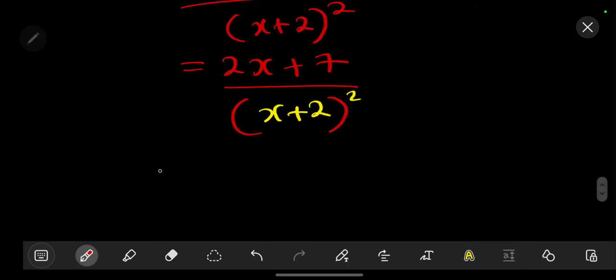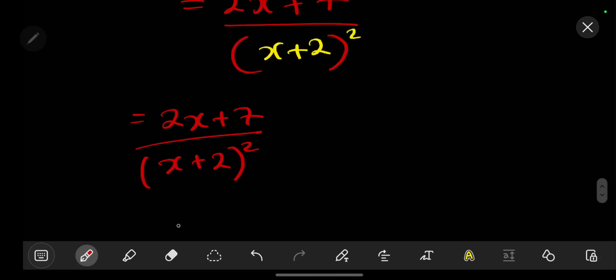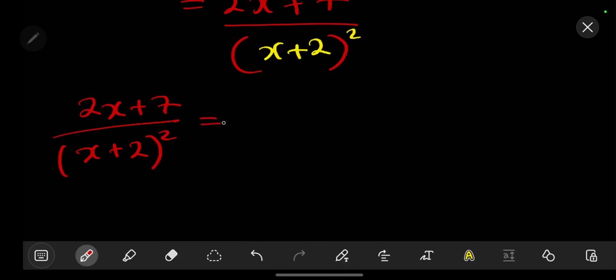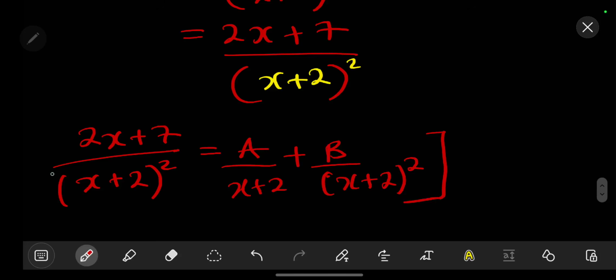So in this case, we have our 2x plus 7 over x plus 2 squared. If we reverse this, we get a value equal to a over x plus 2, since this is the power 2 there is a possibility of having x plus 2 plus b over x plus 2 squared. Then our b will have the full package, like this. Then from there, what we are going to do is